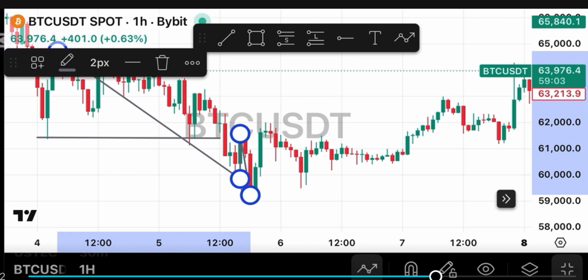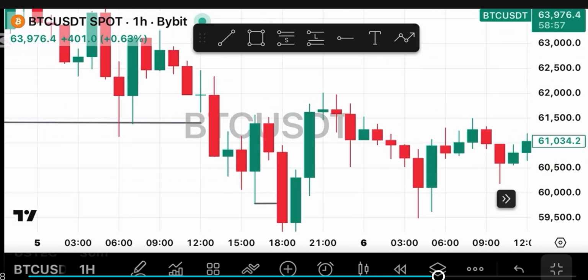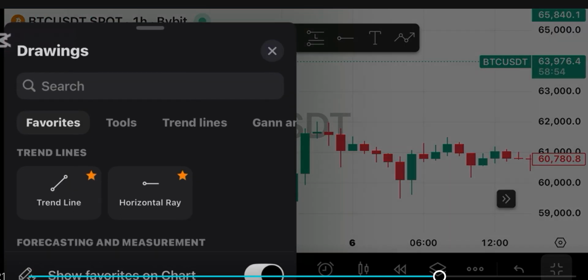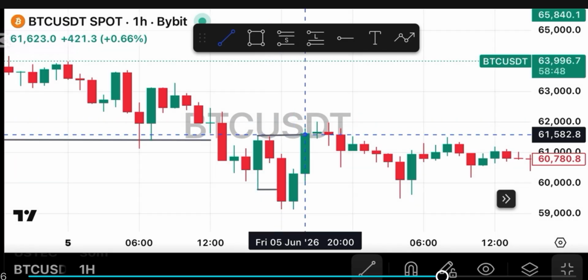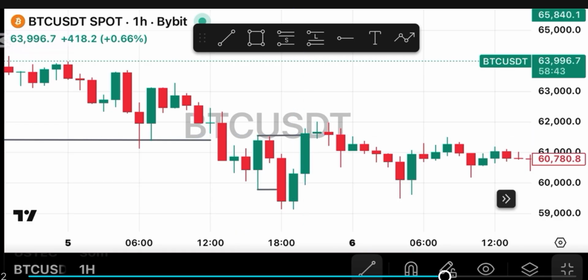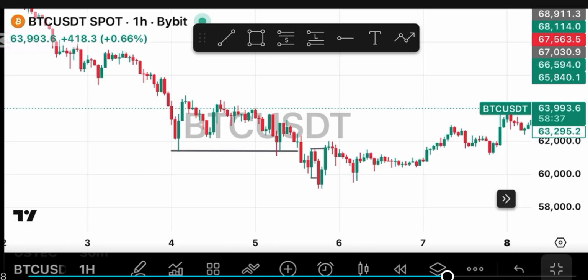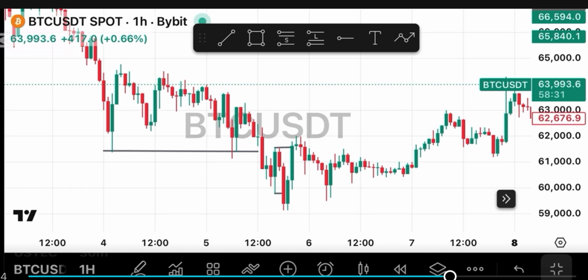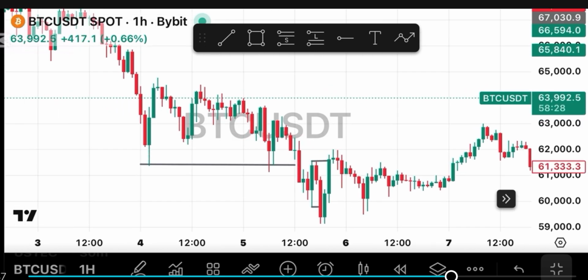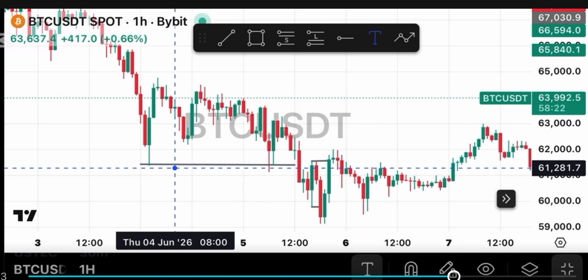Okay, so at this point, this becomes our lower high. All right, in the 1 hour time frame, this becomes our lower high. So the market shifted structure here. Okay, the market shifted structure, but before the market formed this shift of structure here, which you can see, let me write it out. So this break of structure here,